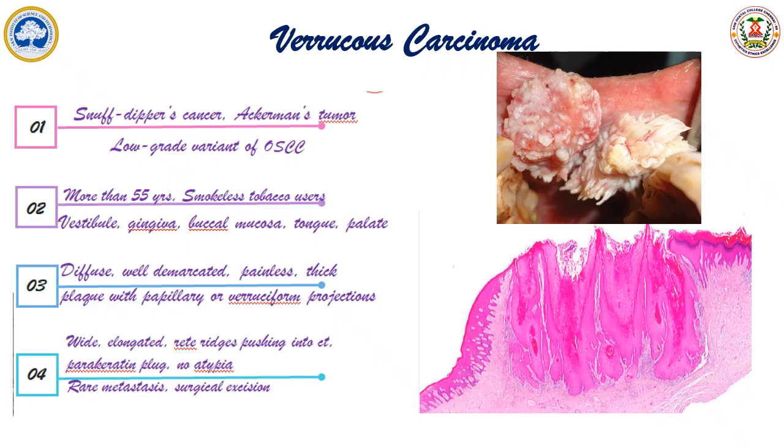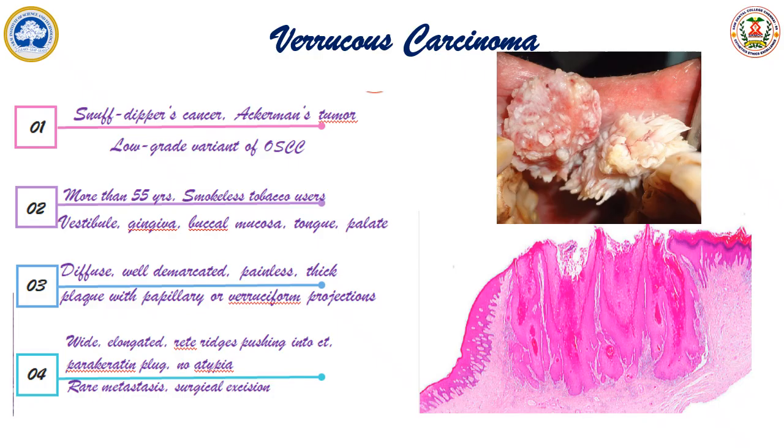Whereas in verrucous carcinoma, the endophytic growth, can you all see it, is extending below, invading into the underlying connective tissue stroma, showing elephant foot-like rete ridges. So this is the histological difference between verrucous carcinoma, verruciform carcinoma